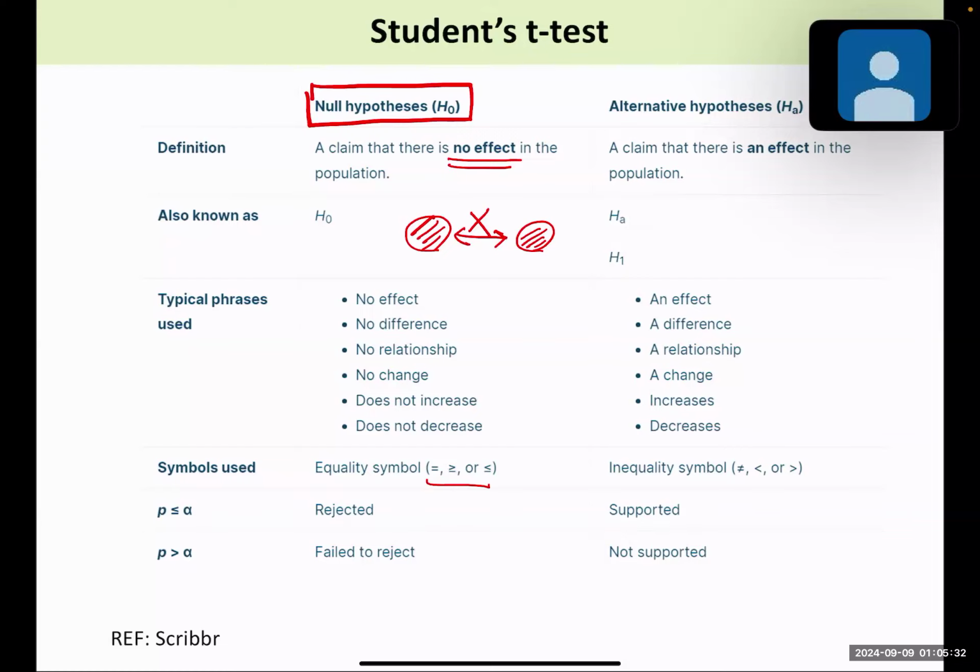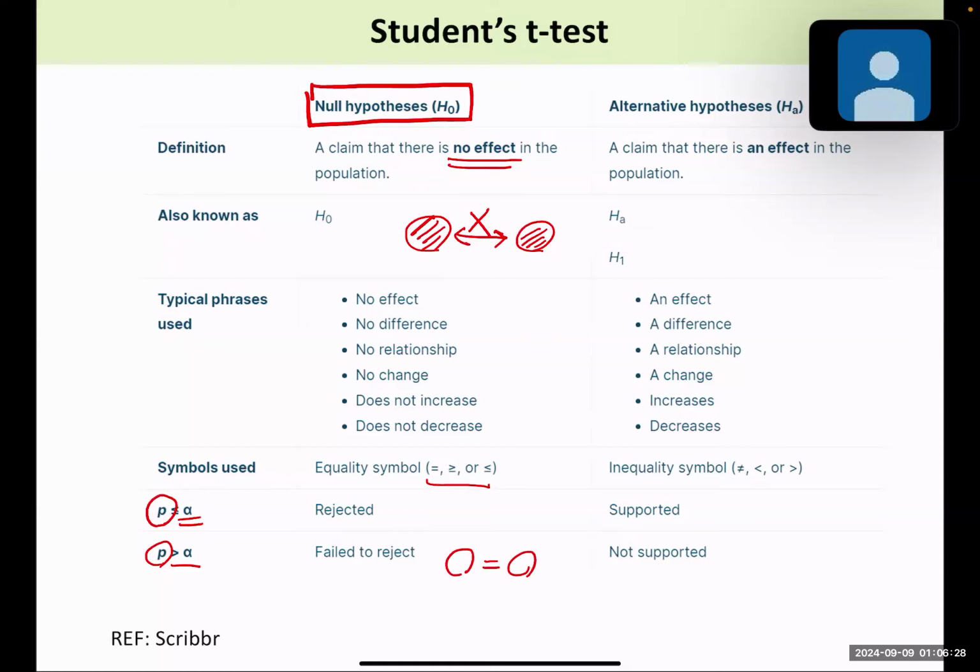So in null hypothesis, when you calculate the p-value, when the p-value is smaller than a certain number, then that means the null hypothesis is rejected. So that means the alternative hypothesis should be selected, and that means the two groups are statistically different. But when the p-value is larger than a certain threshold, then that means the null hypothesis is accepted. That means the two groups are basically the same.